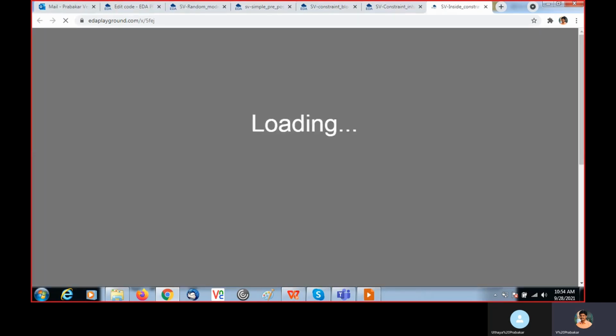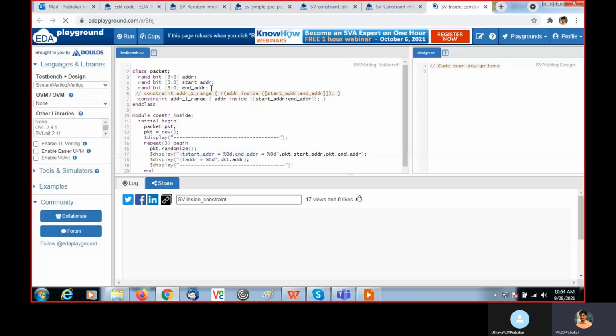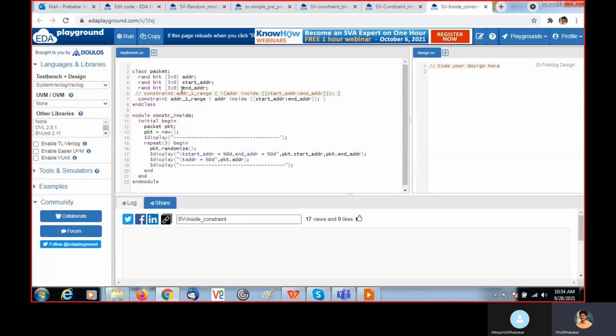In this example, address, start address, and end address are all declared as string. Then there is a constraint named address one range. Here for this address, inside is a curly bracket, and here we are mentioning the range start address colon end address.